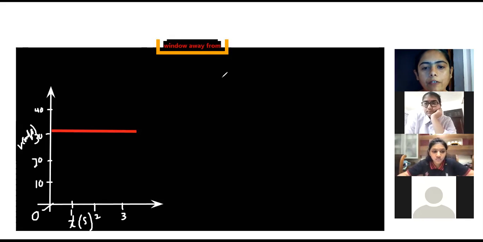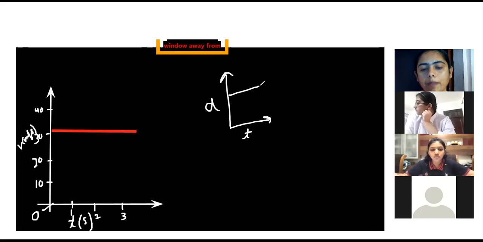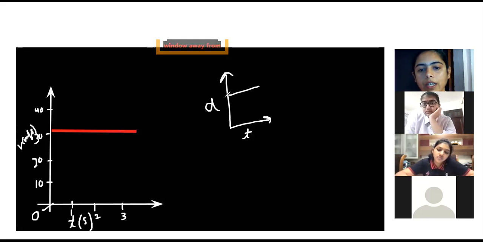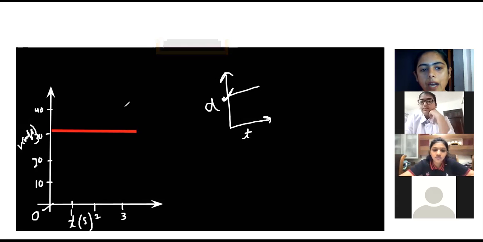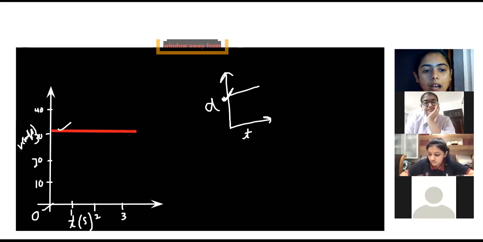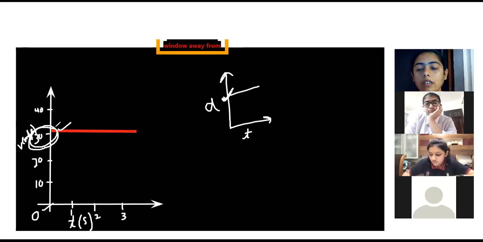Same graph if we have like this, one side time, one side distance, and you have a straight parallel line. We consider this graph as the rest graph. Why? Because whatever is the value of distance over here, it remains same. But if we change the graph in velocity, now this is not the rest graph. This is the motion. Why? क्योंकि यहाँ पे velocity की कुछ value है. It is 30. You are going on with the velocity of 30. So this is not the rest graph. Now this is the uniform motion.